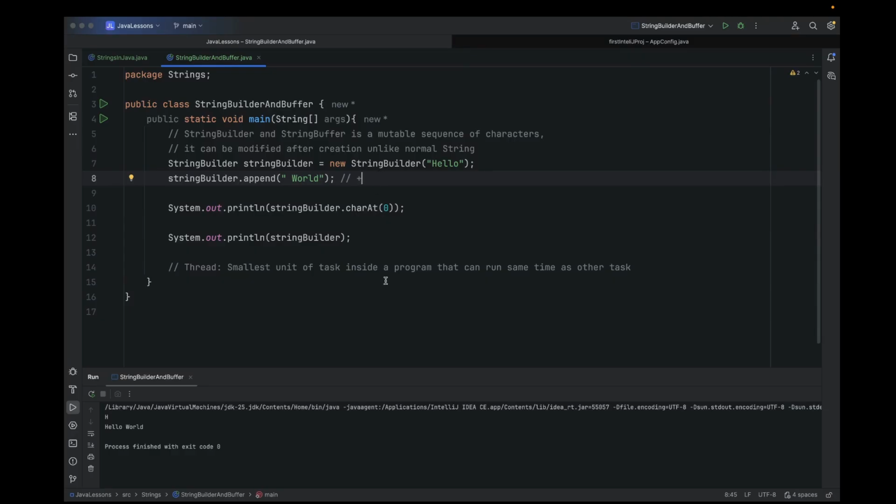A thread is actually the smallest unit of a task inside a program that can run at the same time as other tasks. Let's say, for example, in a real life scenario, you are in the kitchen and you want to cook rice, you want to boil hot water, and you want to fry egg, but you just have one burner, right? So it means that since you have one burner, you are going to either